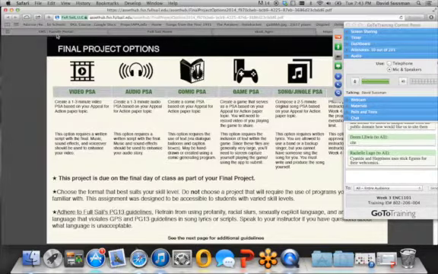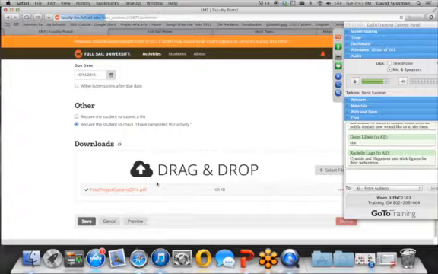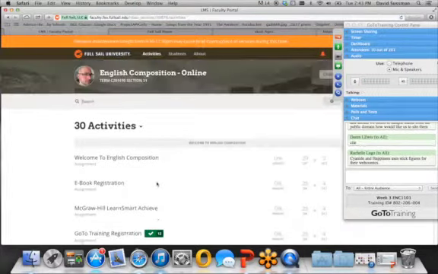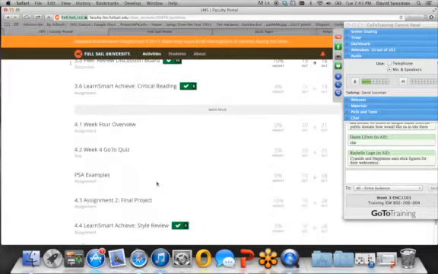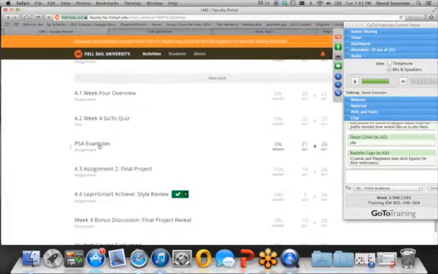And if you haven't noticed already, the activity board also has student examples. I think it's in the week 4 stuff. But you have PSA examples that you can check out so you can see what other students have done. It would be cool to look at them even in this session, but unfortunately I can't have sound work during these sessions. So that's kind of what I'm looking for.